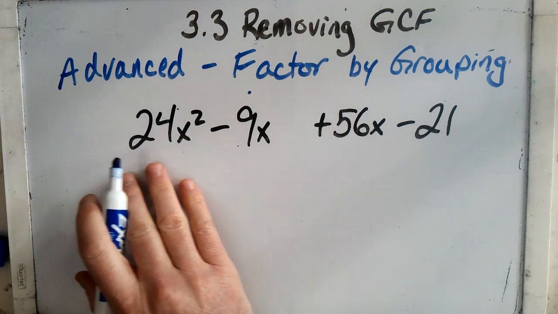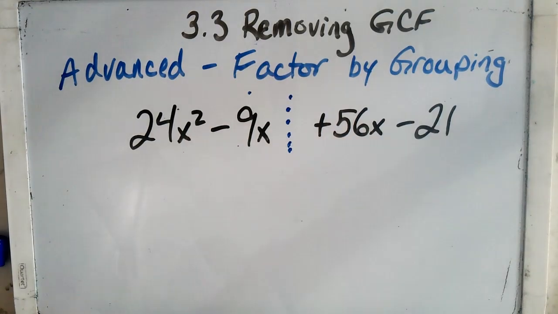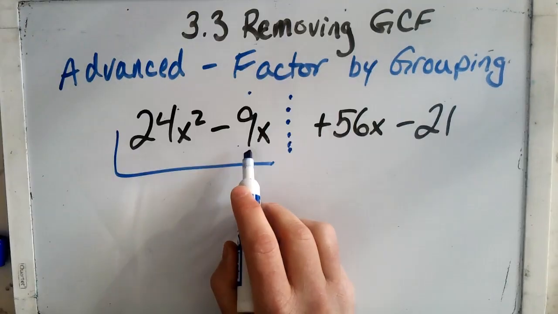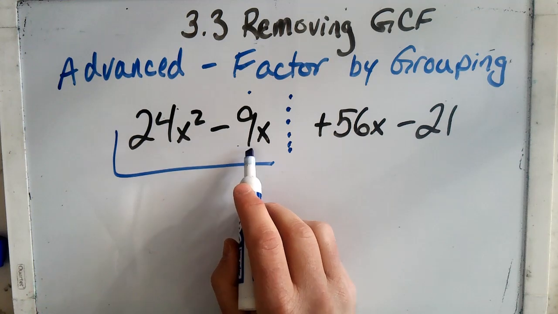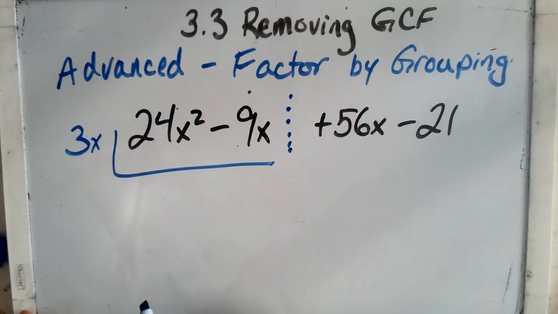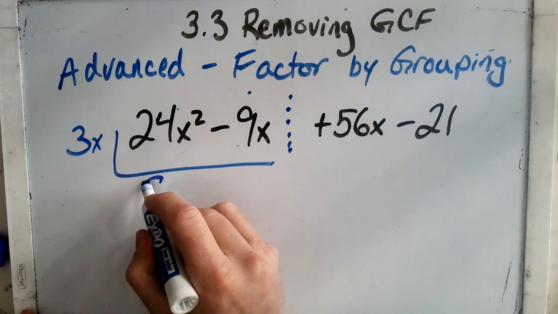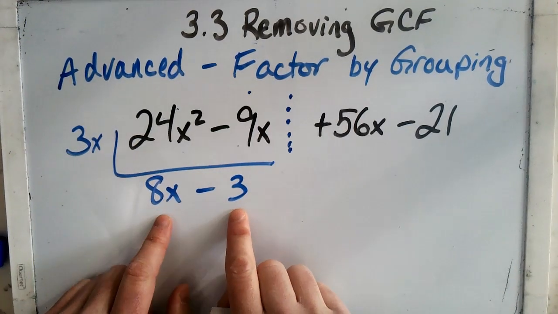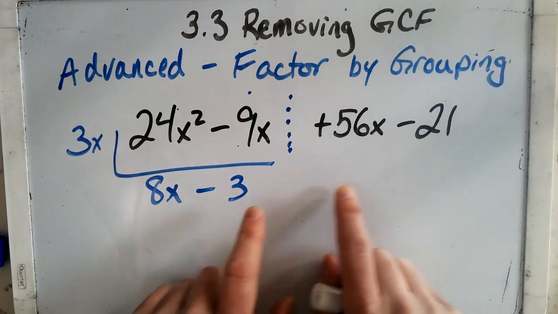Okay, so the first half, I'm going to cut it in half with a little dotted line. Take the latter, 24 and 9. 2 doesn't go into 9, but 3 goes into both of them. And I can take out an x from both pieces. And just to double check, nothing goes into 8 and 3. Over here,